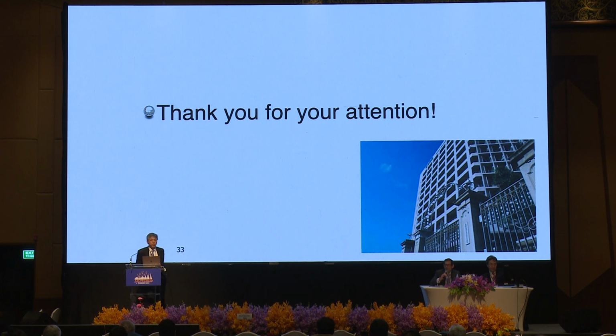Questions from the floor? I have one while people are thinking. What do you see as the advantage of this over the Alfieri stitch? Alfieri just restricts both the anterior mitral leaflet and the posterior mitral leaflet. I sometimes use an Alfieri stitch, but one is broken because it's a stitch